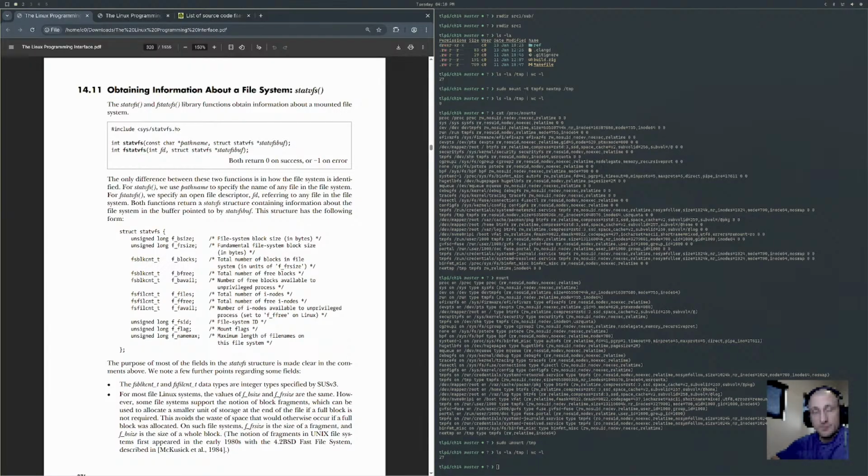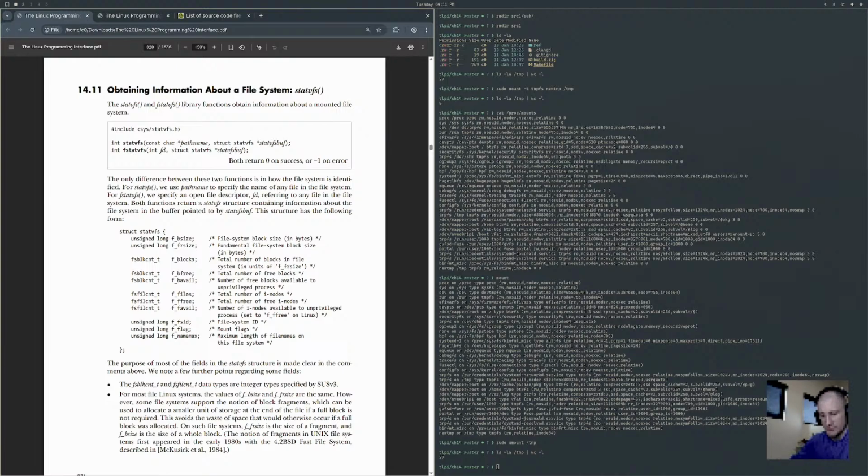The fsblkcnt_t and fsfilcnt_t data types are integer types specified in SUSv3. For most Linux file systems, the values of f_bsize and f_frsize are the same.